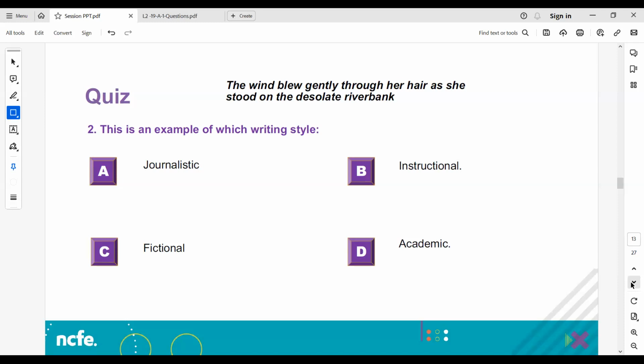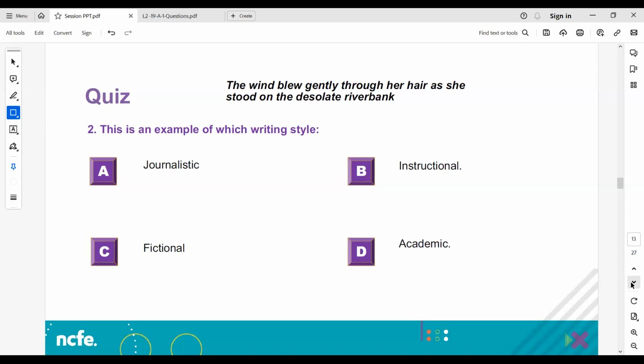It's more like novel writing, because it's describing in a romantic way. The wind blew gently. Yes, good. The desolate riverbank. So if you were reading a news report about something that happened on the riverbank and